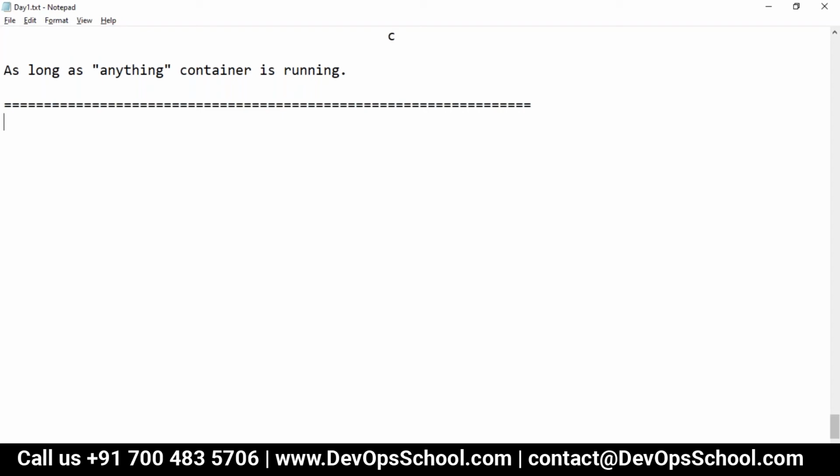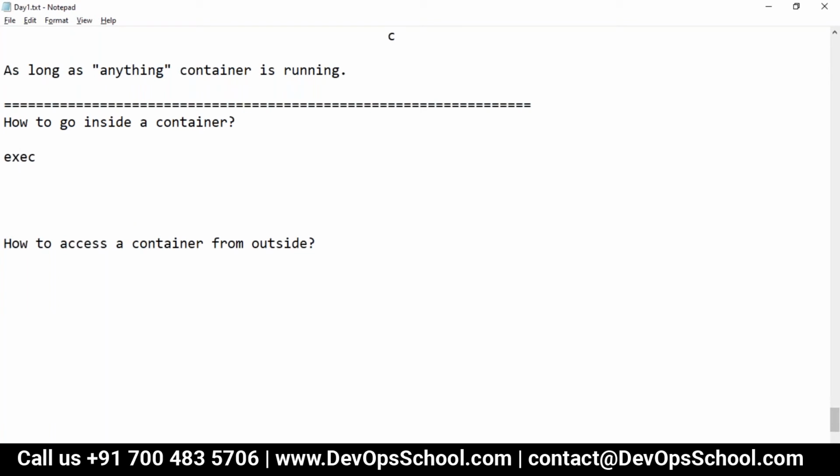So the question is how to go inside a container and how to access a container from outside. That is the question actually. So guys, there are two ways. One is the exec way.